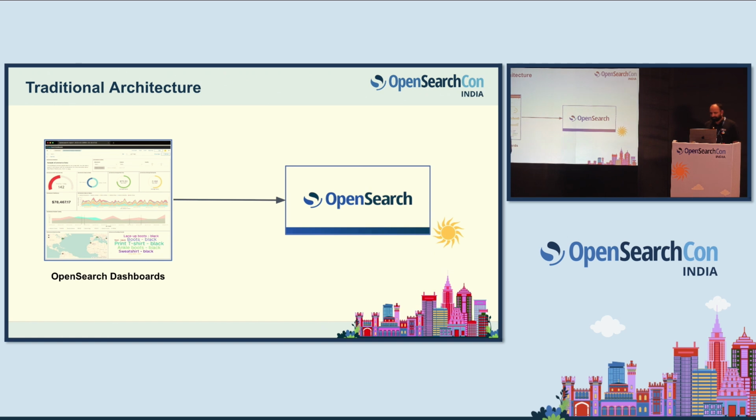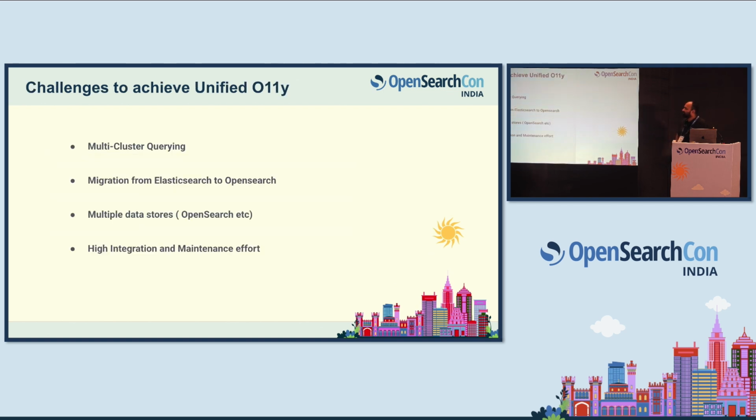So far we have seen how we extended our OpenSearch Dashboards to build unified observability screens, right? So now we will see how we actually did it behind the scenes, focusing on the backend architecture. Our journey towards building unified observability started at Freshworks 2 years back. At that time, this was our architecture where you can see OpenSearch Dashboards directly communicates with the OpenSearch data store, and it tightly couples with the OpenSearch data store for logs and log querying. To achieve our journey into unified observability, we faced a number of challenges with this traditional architecture. Let us now see the challenges one by one.